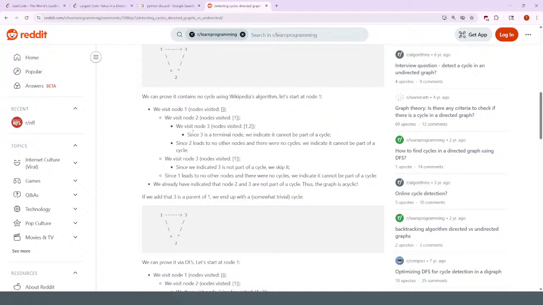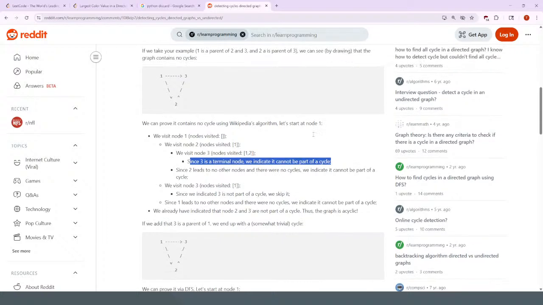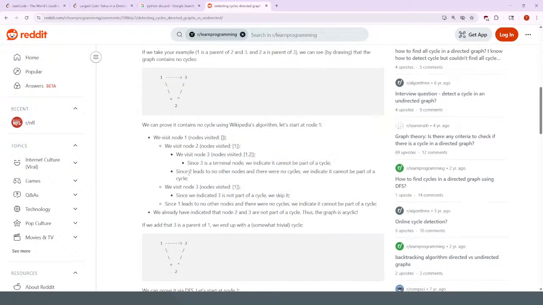Since 3 is a terminal node, we can indicate that it can't be part of a cycle. Since node 2 leads to no other nodes, there were no cycles, so we indicate it cannot be part of a cycle. We visit node 3. Since we indicated node 3 is not part of a cycle, we skip it. Since 1 leads to no other nodes,